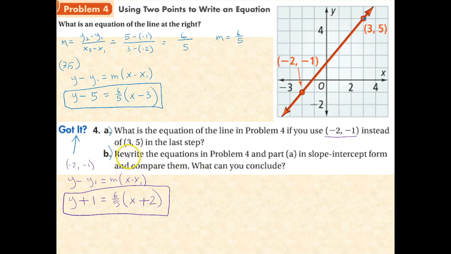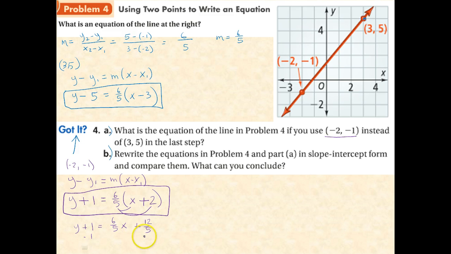Now part B says to rewrite each of these in slope-intercept form and then compare them. Well, alright, let's do it. To change this into slope-intercept form, I just need to distribute and then subtract 1 from both sides. So, when I distribute, I get y plus 1 equals 6 over 5x plus 2 times 6 over 5 is 12 over 5,